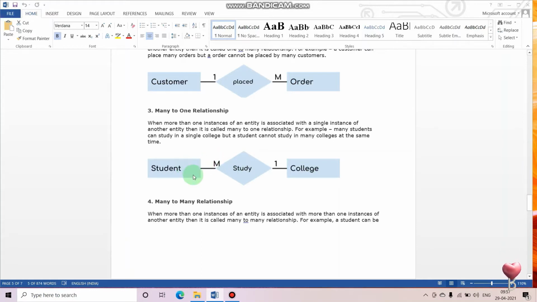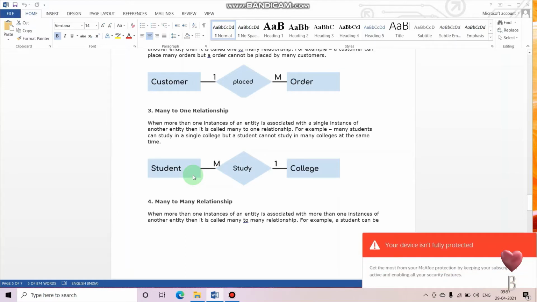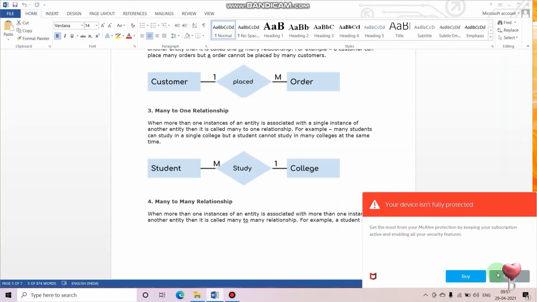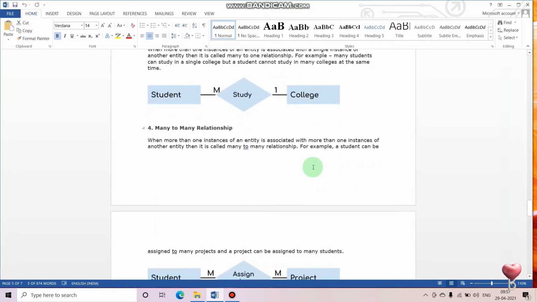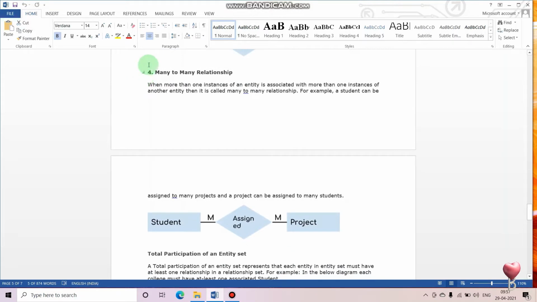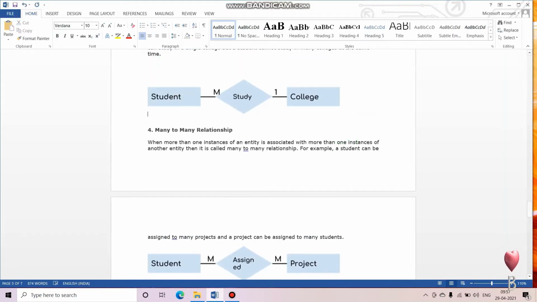Now you go for studying in one college only. You don't go into multiple colleges and study, right? But in that particular college, in your class, multiple students are there for your course and for all the other courses also. So this was the scenario in this example, that a student and the college has many to one relationship.